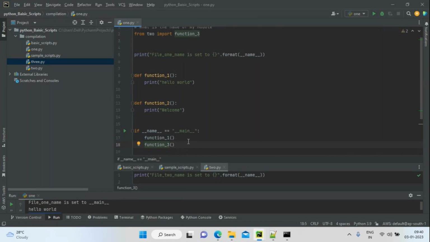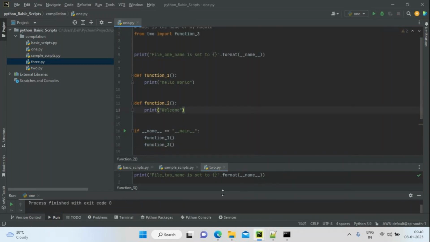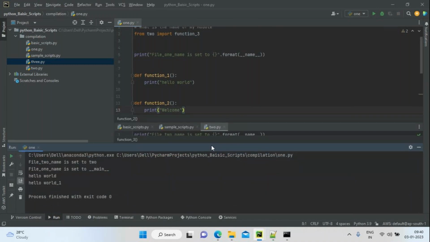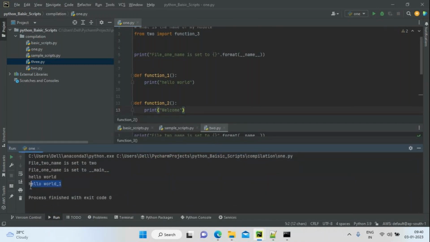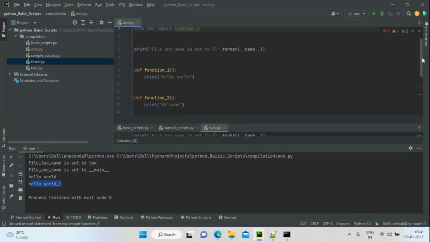You can see the output here. Hello world of 1. If I need function 4, you can directly change it over here to function 4, and then call the function directly as 4.